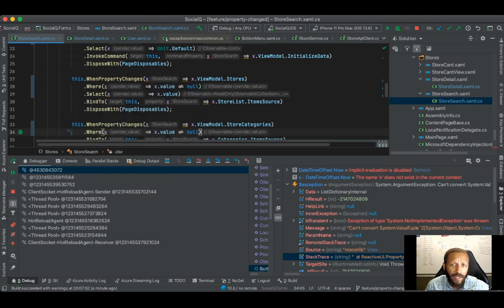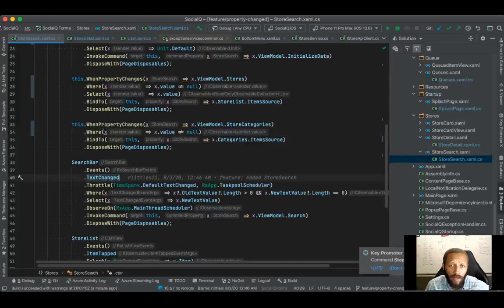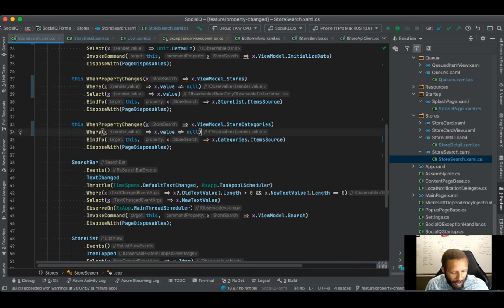Line 33, store categories. So I'm getting that. I'm getting the value. Okay, let's stop this because we're not going to get the fidelity into it that we want. All right, so search category, store categories is an IEnumerable of strings, which makes sense. I have a value. Oh, derp. We got to do the same thing here, and everywhere we want to do the stuff. Oh, man, this is going to get really